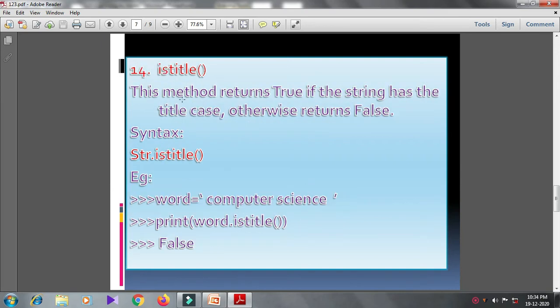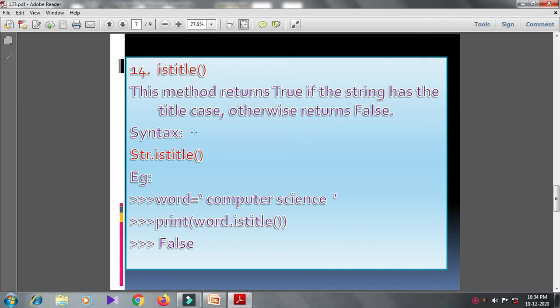Next, istitle. This method returns true if the string has title case, otherwise returns false. The istitle method does not take any argument. It returns true if the string is properly title cased.